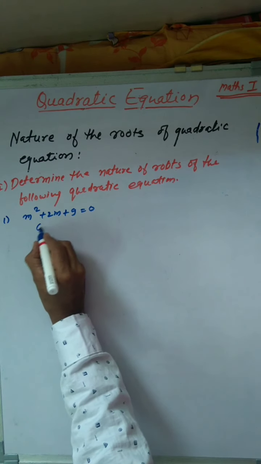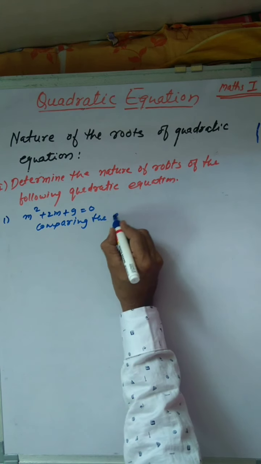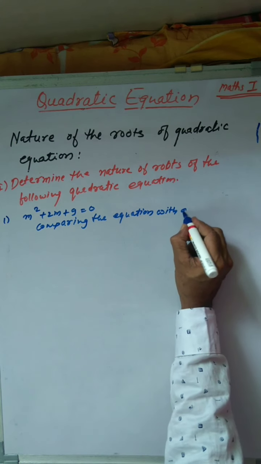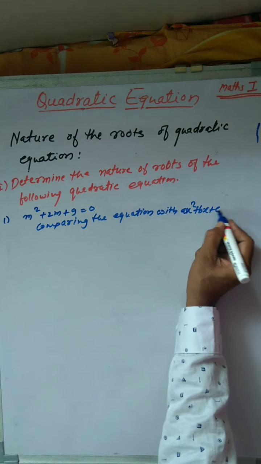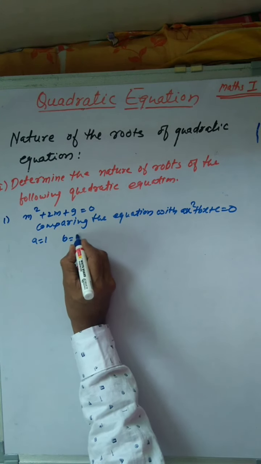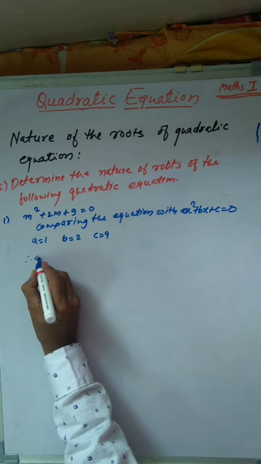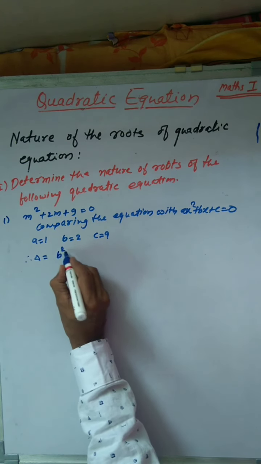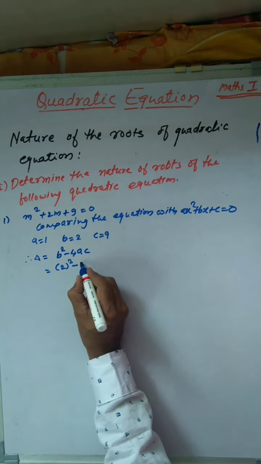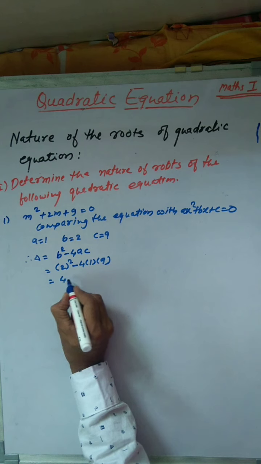Here first we have to compare the equation with ax square plus bx plus c is equal to 0. We get a is equal to 1, b is equal to 2 and c is equal to 9, and hence delta is equal to b square minus 4ac. Substitute the values. 2 bracket square minus 4 into 1 into 9, which gets 4 minus 36